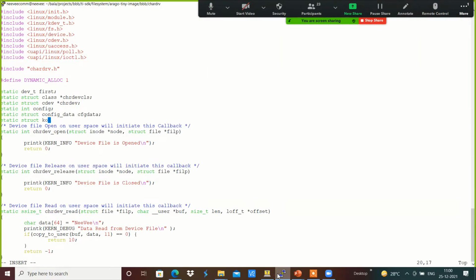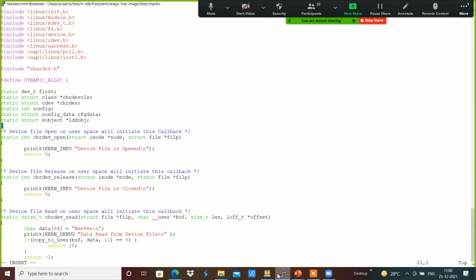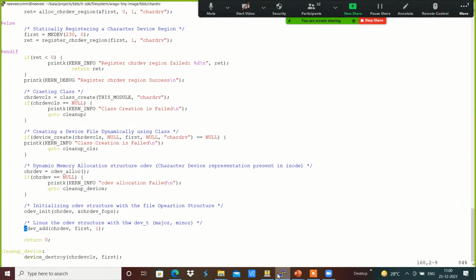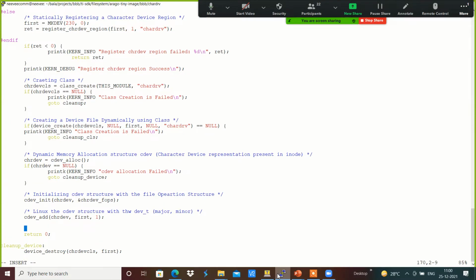K object, it's something like an LDD obj that I am going to create. And during the module initialization, we are going to add this over here with something like an LDD obj equals something